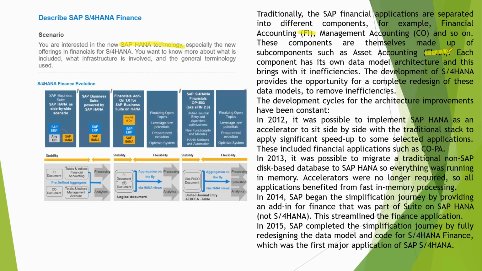So when I talk about FI, you'll have a different set of tables where the data is stored. Similarly, when you go to CO, you'll have another set of tables where another kind of data is stored. Similarly, asset accounting. Because of this complex data architecture model, what is happening? There is no real-time replication of your data. Okay, so to overcome all these limitations, in 2012,